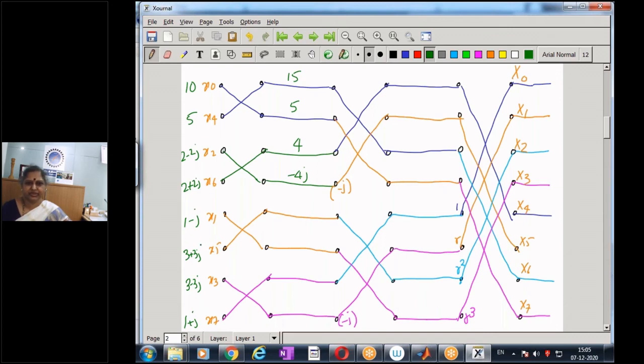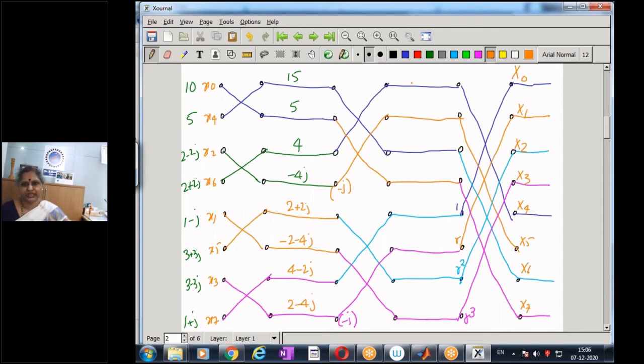And now this next one is going to be a sum. What's the sum? 2 plus 2j. The difference will be minus 2 and minus 1 minus 4, so minus 2 minus 4j. And here again the sum is going to be 4 minus 2j, and the difference is going to be 2 minus 4j. This is the computation of the first stage.